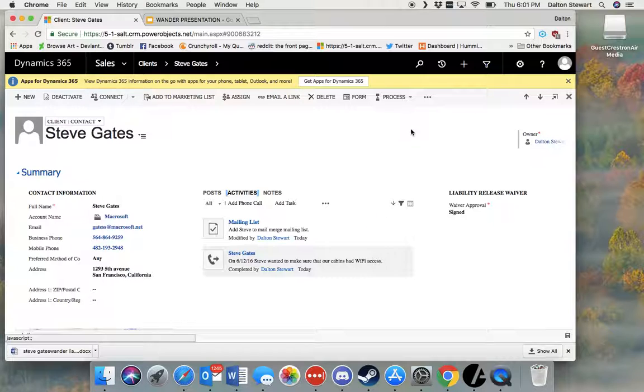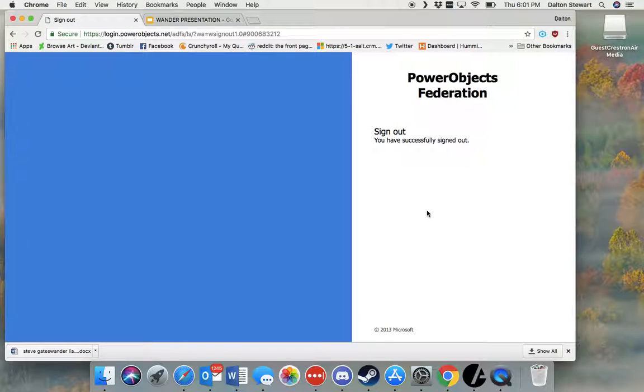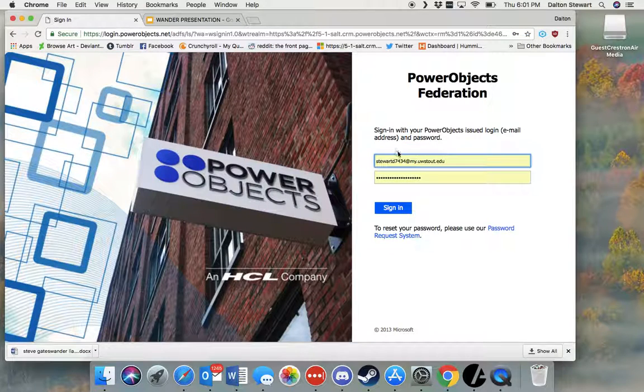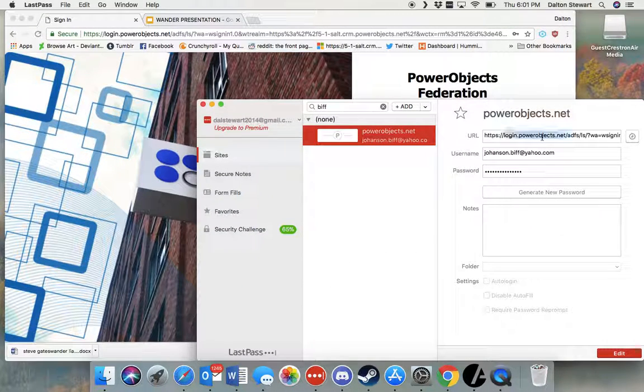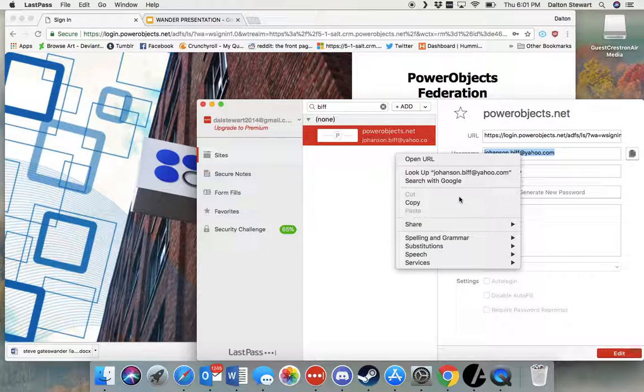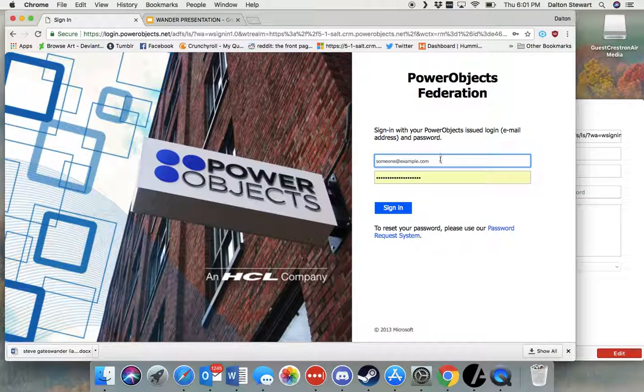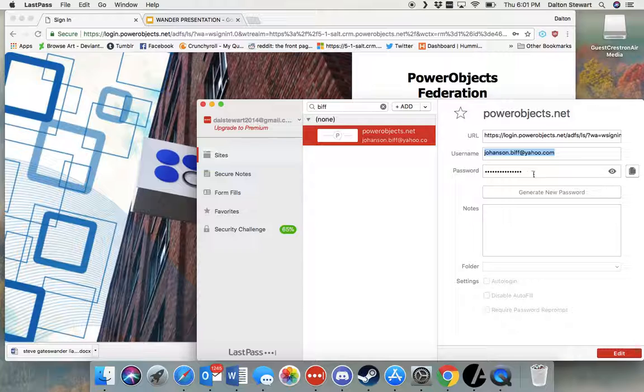All right, to showcase our security roles, one thing that's important at Wonder is making sure that customers aren't ever deleted out of the system, only deactivated. We want to make sure that we always keep all of our customer information. So here we are going to be signing in, like I said earlier, as Biff Johansson, our legal advisor. We're just going to take Biff's credentials here, log in as him, and see if we can delete Steve out of the system.